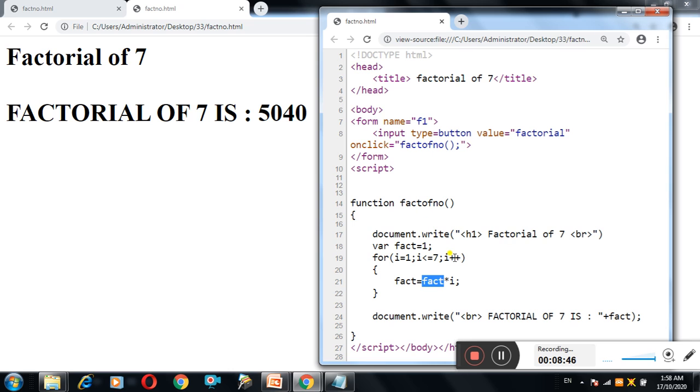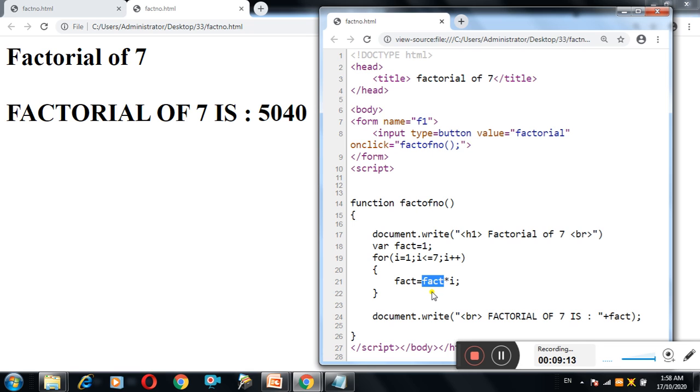Okay, the value of fact is 2, the value of i will increment by 1, and the value of i will be 3. So it will again check 3 is less than or equal to 7, the condition is right, will come inside the loop. The value of fact is 2 and the value of i is 3. It will multiply these two numbers, 3 2s are 6. It will save it in fact.